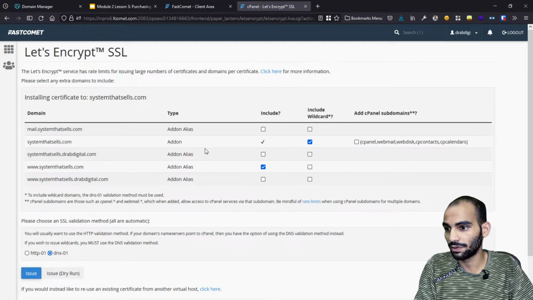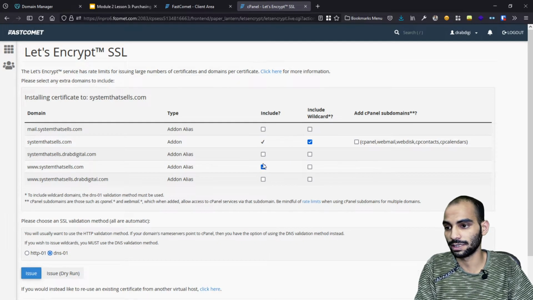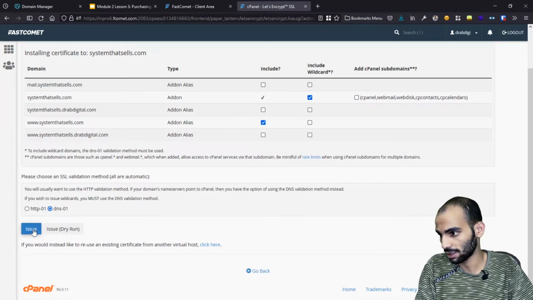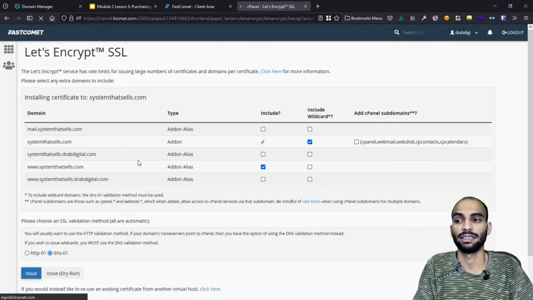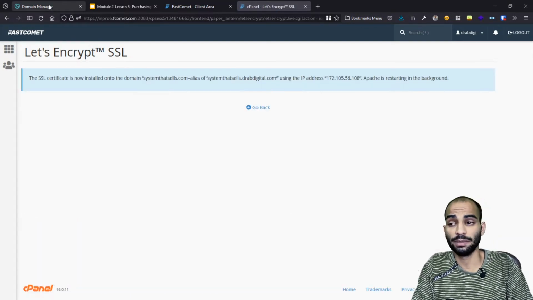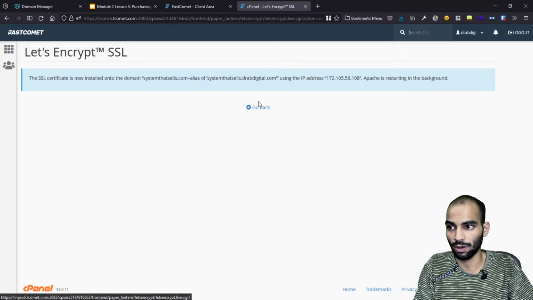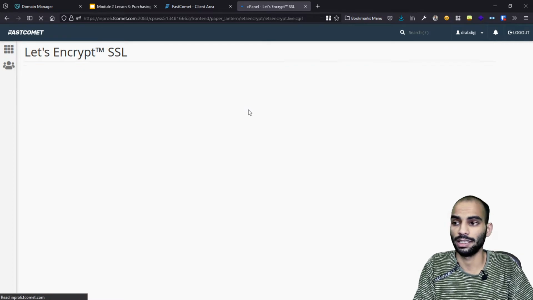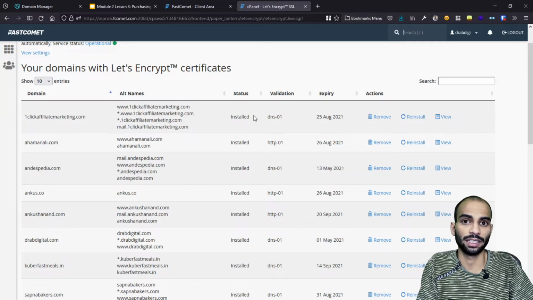So make sure if you have the DNS option, you can go for this Wildcard SSL certificate. So I will just click on issue after this, and now we will be able to get the SSL certificate. A lot of times you may see errors here, so in that case just wait, because you have just updated your name servers, and they may not be updated in all of the places yet. If you are facing any errors, you can also contact support, or you can ask questions in the comment box below.